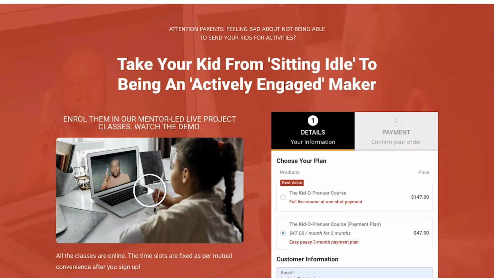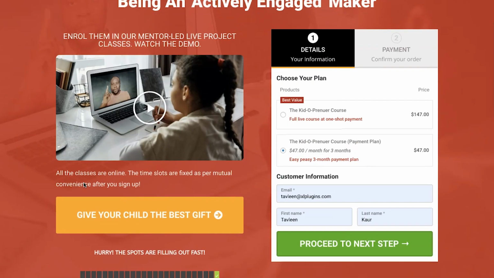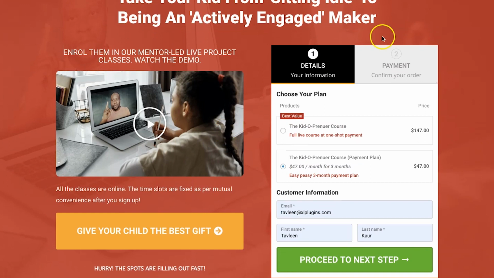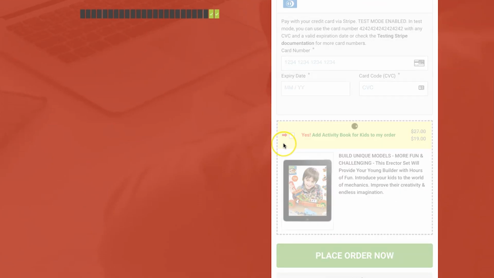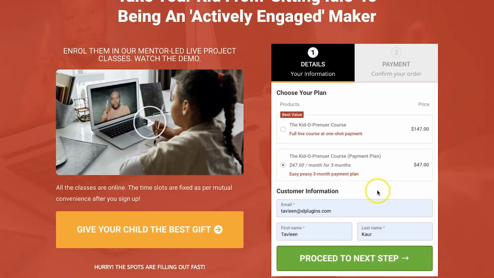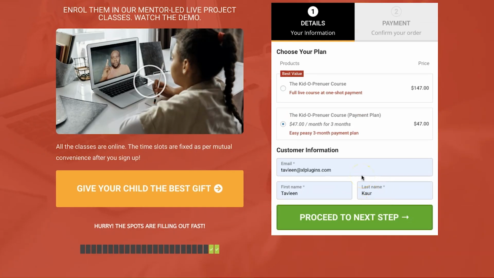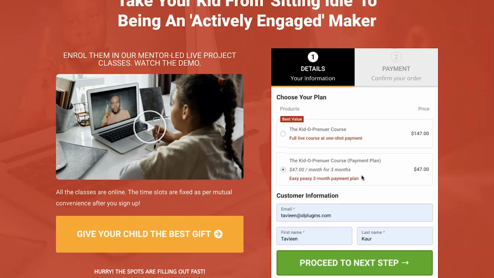Alright, so that was it. We looked at how to create a WooCommerce one-page checkout using Elementor. More specifically, I showed you how to import a 2-step checkout template to configure this product selector right here. We also looked at how to configure order bump and, of course, do live cart capturing and set up a workflow to recover abandoned carts.